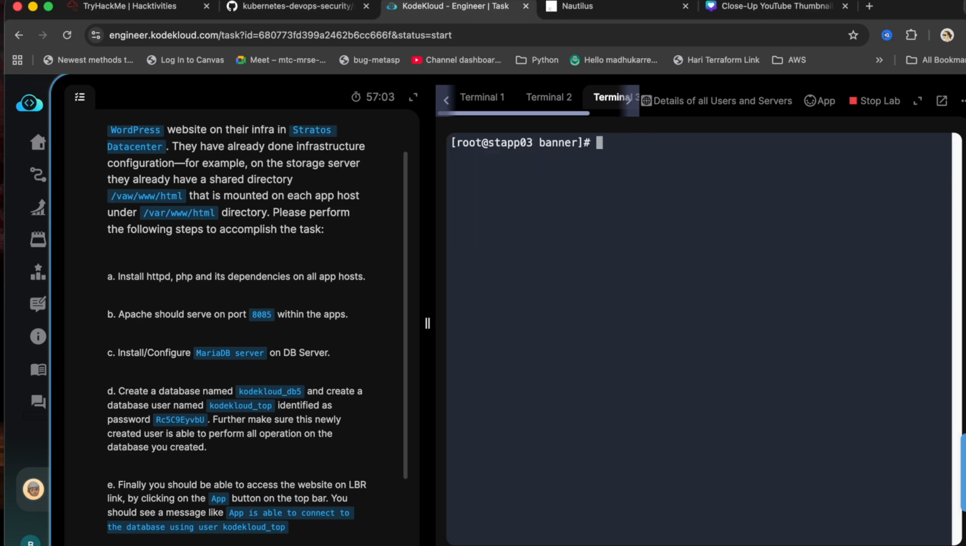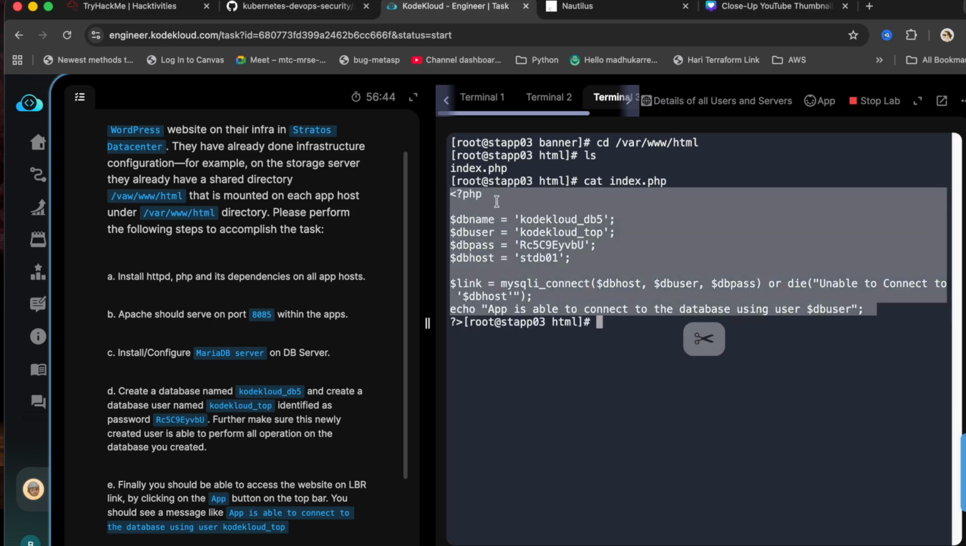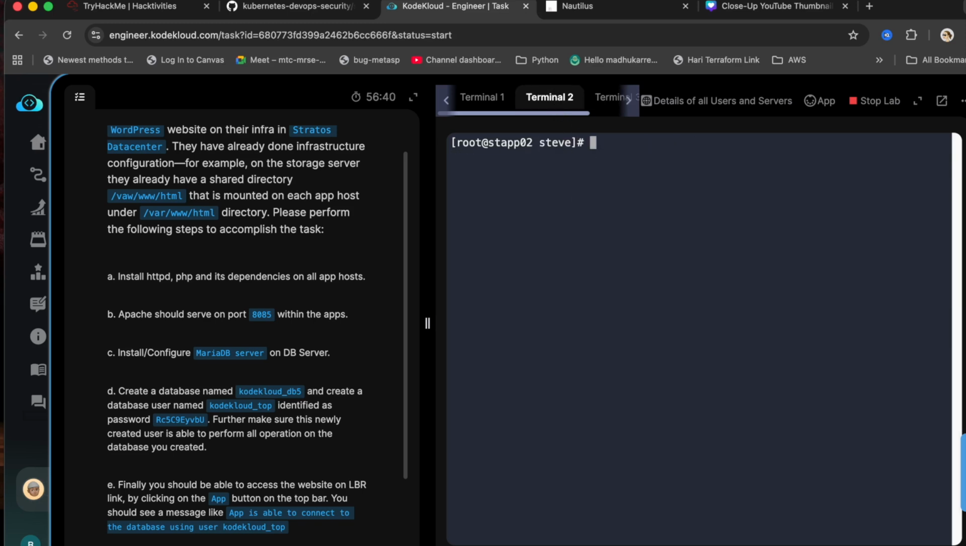Okay, so I'm going to explain that. If you jump into this directory, cd /var/www/html, and do ls, you can see this file. You can check the content as well. This content is going to be the same in all app servers. Even you can check in here as well. You can see the same file with the same content